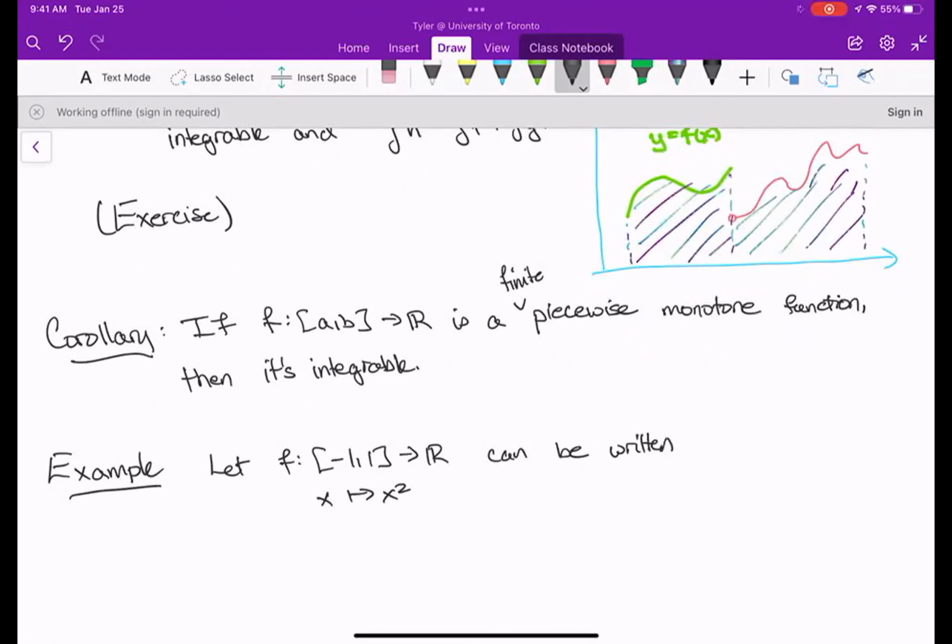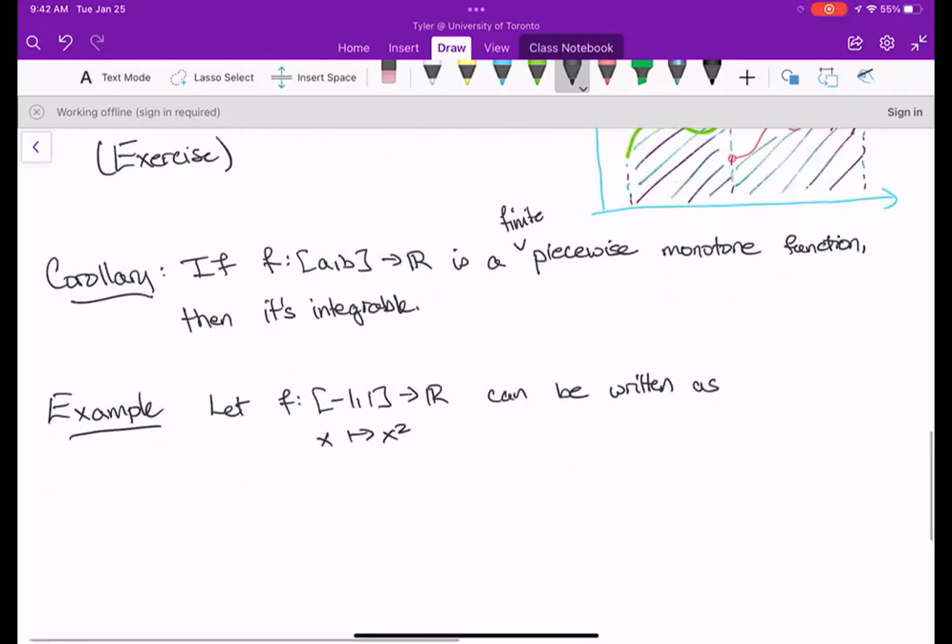In your assignment last week, we required that the domain [a, b], that a and b, had to be strictly positive, I think we said. If not, a was greater than or equal to 0, but basically none of them could be less than 0. That was just to make your lives a little bit easier. The point is now that even if the left endpoint is less than 0 and the right endpoint is bigger than 0, that's okay because it's just two monotone pieces, right? So this thing can be written as f of x is equal to